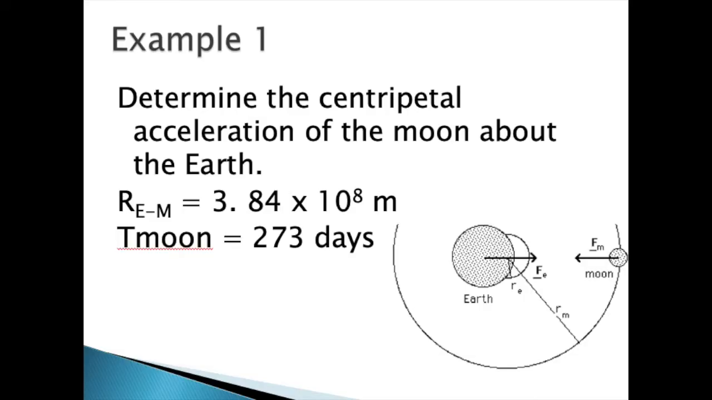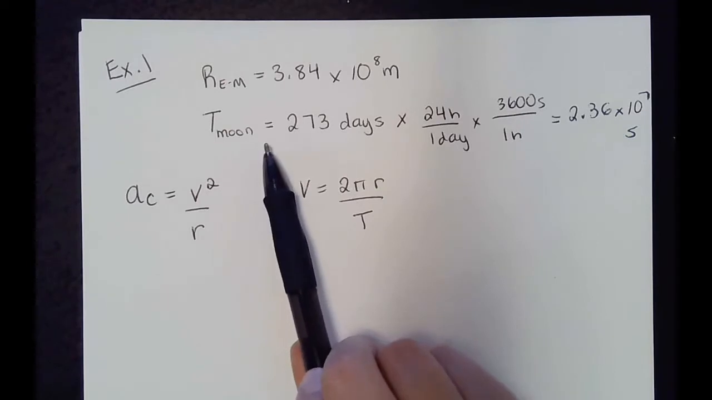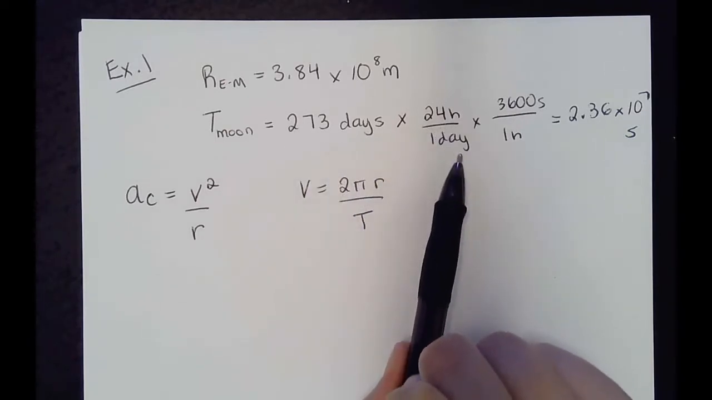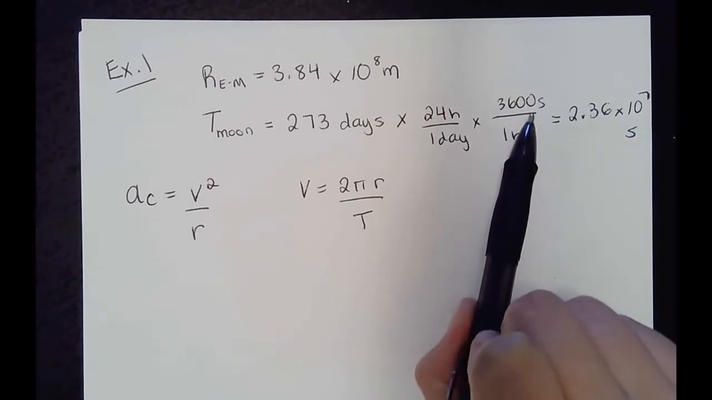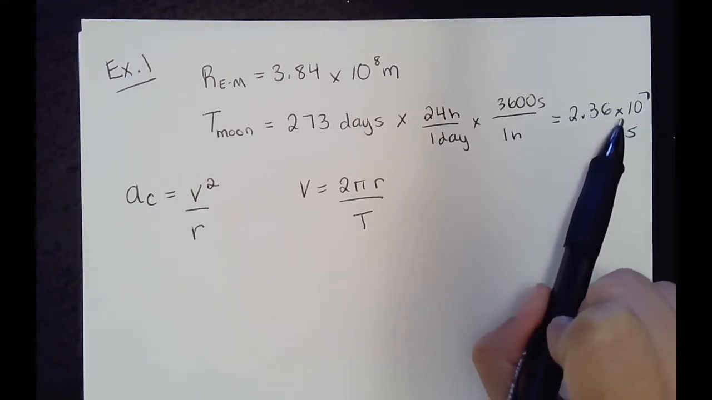Example 1, determine the centripetal acceleration of the moon about the Earth. The distance from the Earth to the moon is 3.84 times 10 to the 8 meters, and the period of the moon's orbit is 27.3 days. All right, so to start, we're going to need SI units. So let's convert that period of the moon into seconds. So there's 24 hours in one day times 3,600 seconds in 1 hour, which gives 2.36 times 10 to the